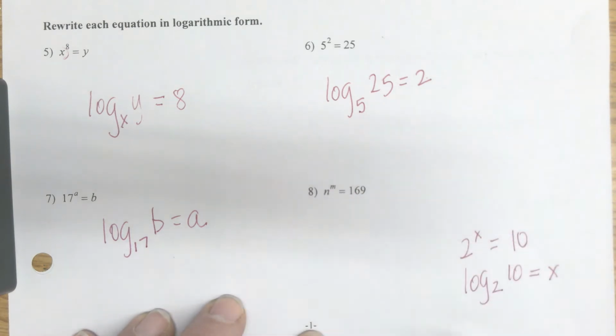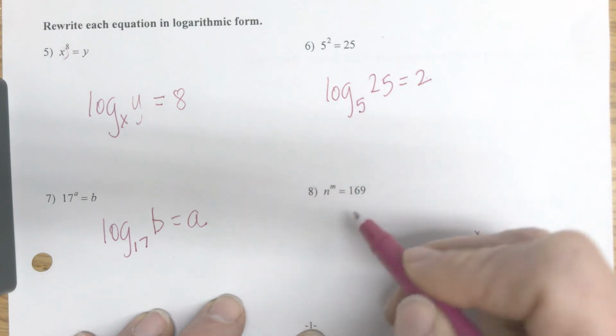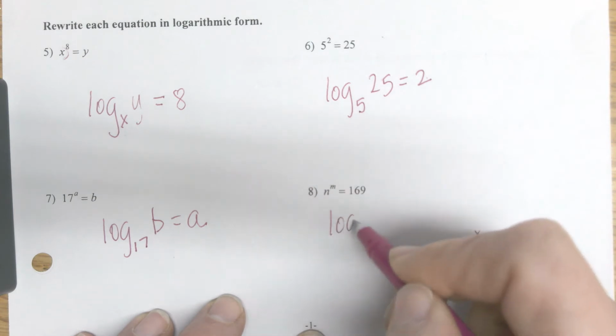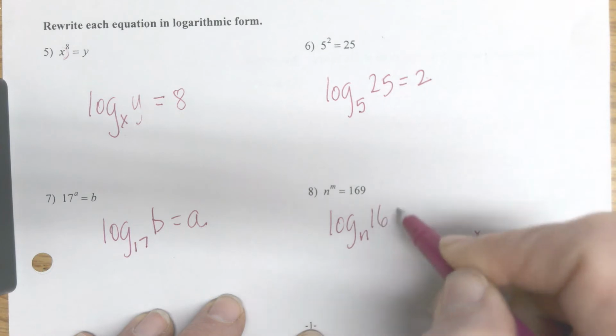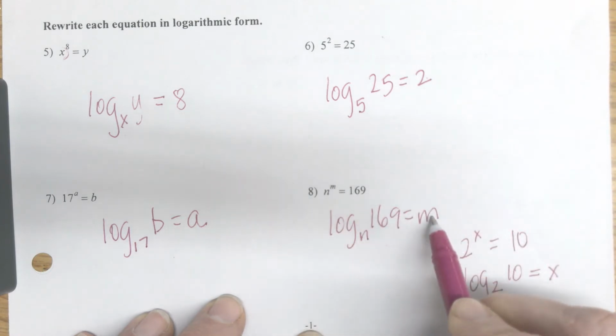And then we also use them in exponential growth and decay. But anyways, I guess I'm just getting chatty. Here we go. Log base n of 169 is m. Power is the answer to the log. So let's take that